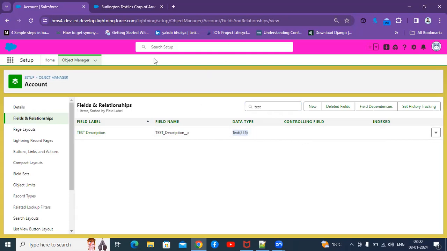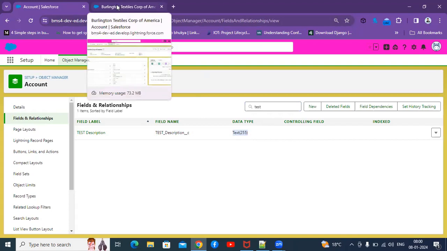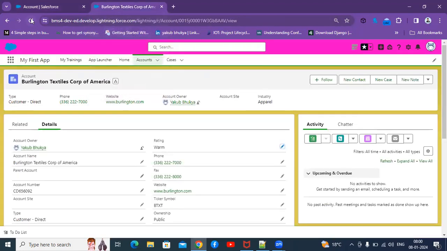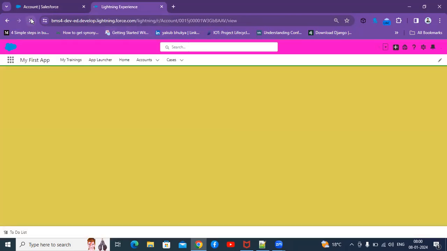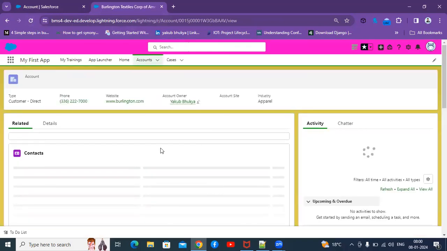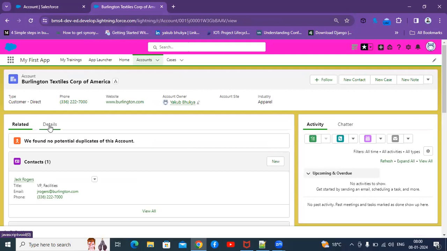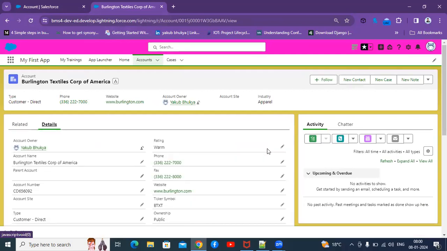Now I'll go to the page layout and see whether we added this field to all the page layouts. I'm refreshing this page. By default, it will be added to the page layout, because we added it to all page layouts. So if you go to the details page, test description,